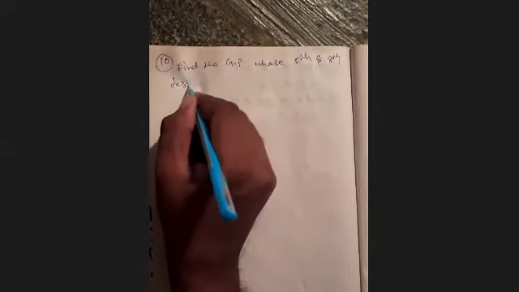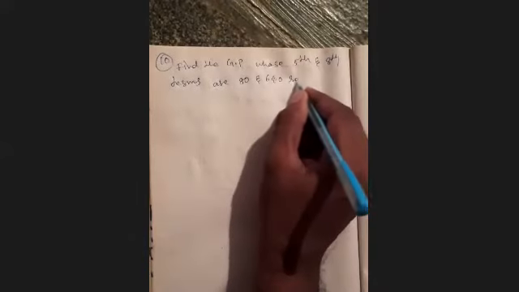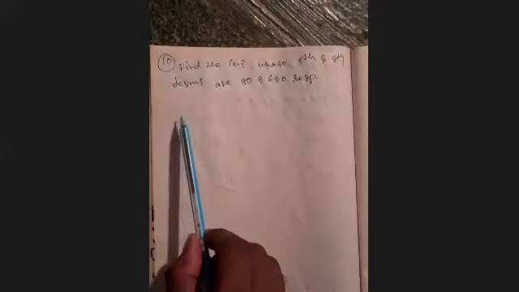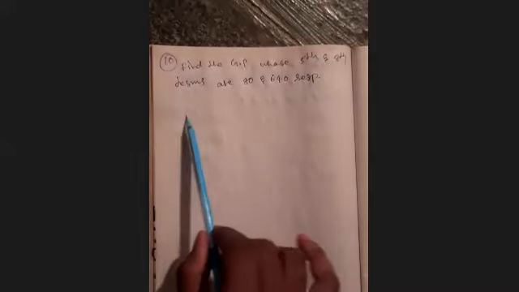Whose fifth and eighth terms in this question are given: the fifth term and eighth term are 80 and 640 respectively. So here the series is not given like 3, 6, 12, 24. The GP is not given, but in that progression, the fifth term is given and the eighth term is given.